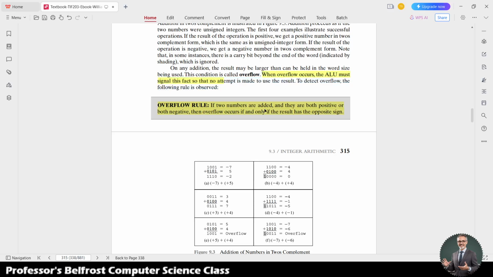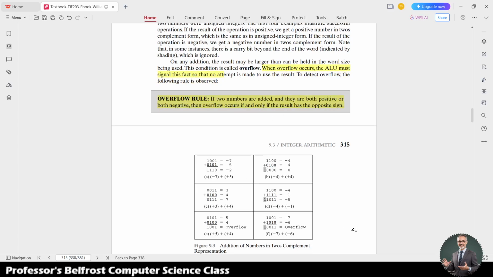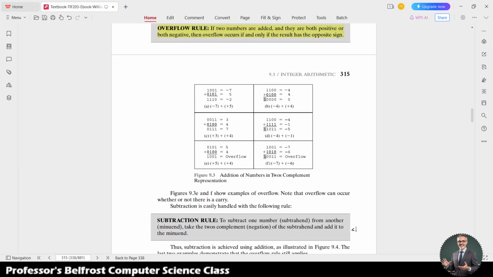If two numbers are added and they are both positive or both negative, overflow has occurred if and only if the result has the opposite sign. Please pay attention to this table. This table shows you when the addition or the subtraction shows the overflow signal. If we have minus 7 and 5 with a minus 2, it's okay. Minus 4 and 4, it's 0, it's okay. 3 and 4 is 7, minus 4 and minus 1 is minus 5, but minus 7 and minus 6,